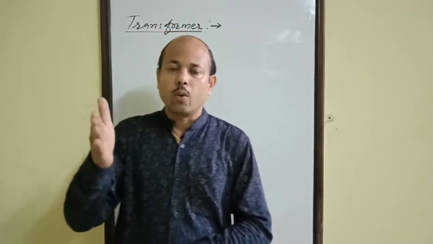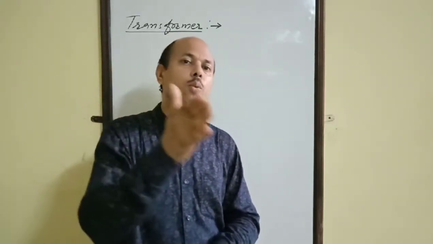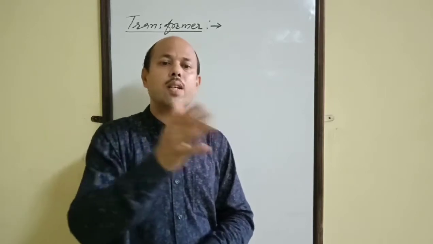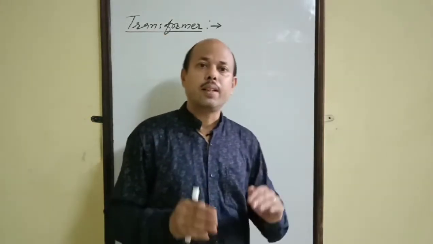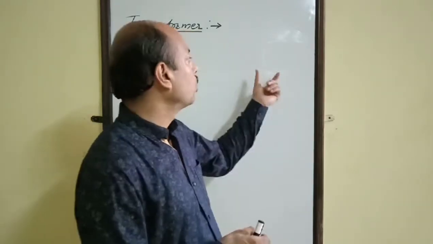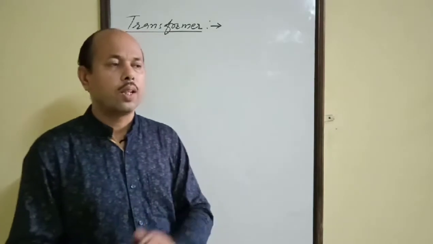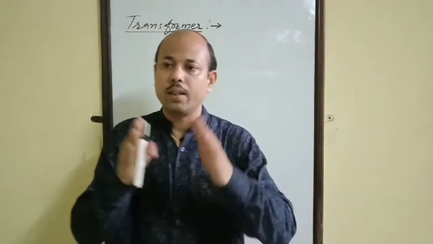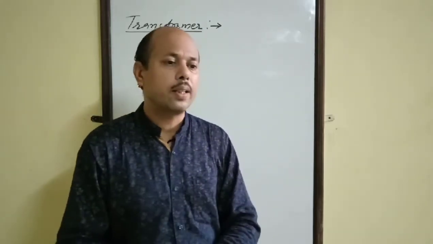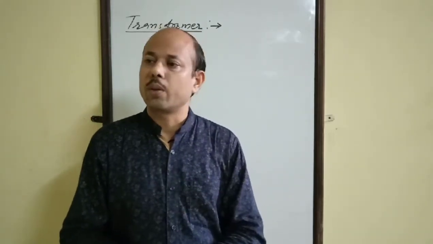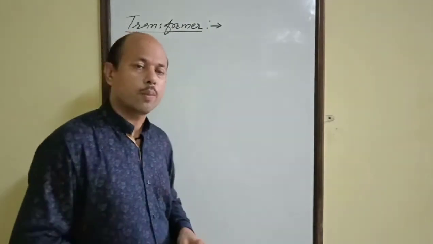So when alternating current is transmitted from a power station to a city, it is always transmitted at very high voltage, and within the city it is transmitted at 220 volt, that is the AC mains that we mainly use. And for factories or heavy machineries we have to use a 440 volt line. So this is the basic introduction of transformer.